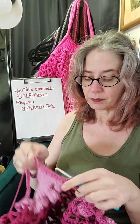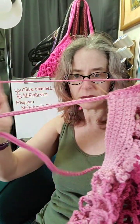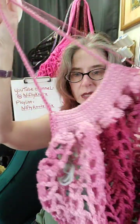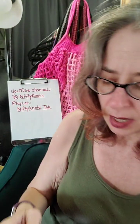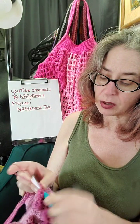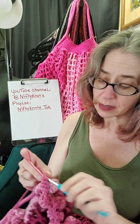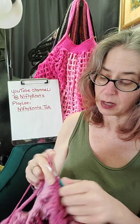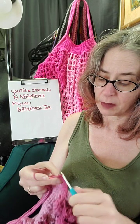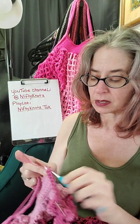I'm just going to work my 9 stitches up here, and I'm going to work around this handle to the beginning the way I did the first handle while I talk. So the last time I went to Joann's, I had all intentions of buying the denim again, and I had a coupon, but it's so expensive. Even the lighter weight denim that I buy, I don't buy a super thick weight denim. So I actually found this fabric,